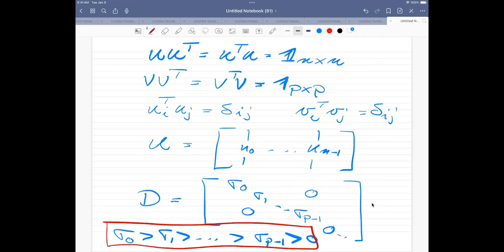So you may ask, why are we doing all this? We are doing this because this gives a very nice link with the concept of dimensionality reduction. So let's now look at